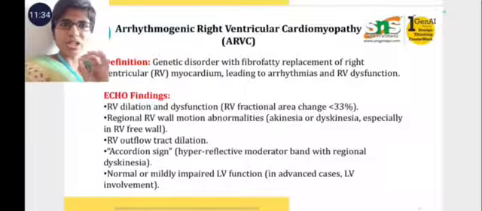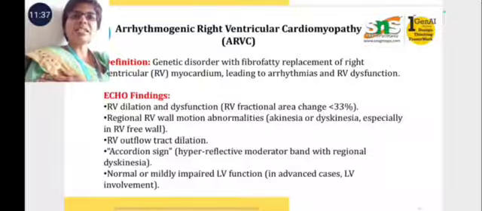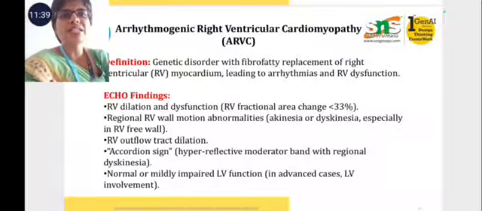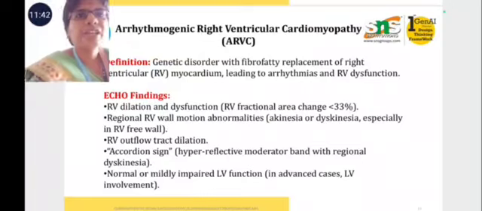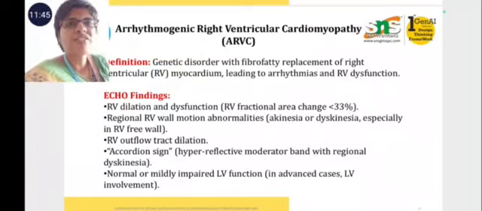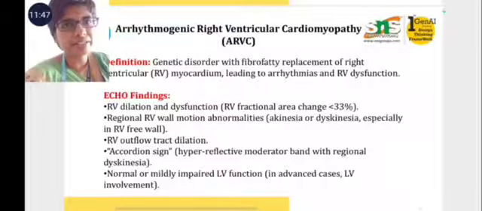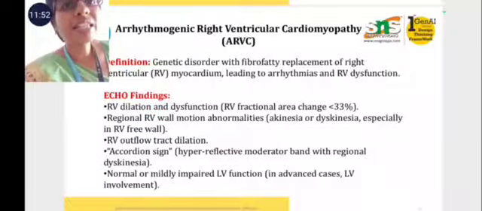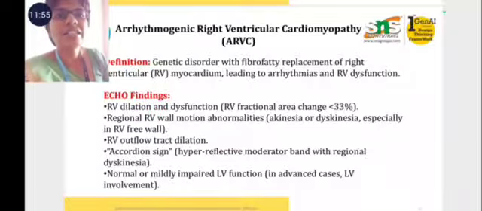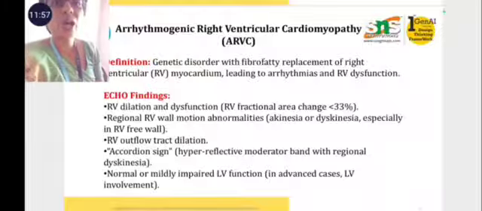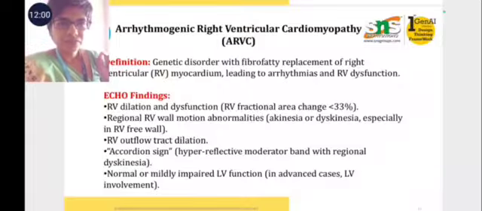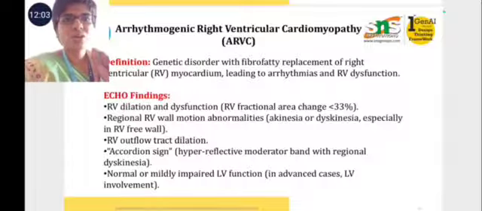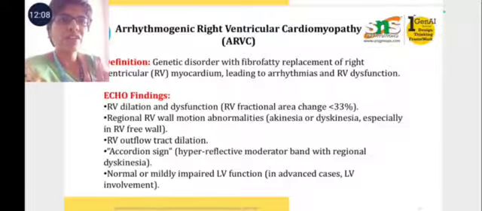What are regional wall motion abnormalities? The systolic function gets impaired. There are 17 segments in the ventricles. Once the cells get necrosed, the cells die, which means MI. Once in MI condition, the systolic function gets impaired. That time we call it regional wall motion abnormalities. So RV gets dilated and dysfunctional, and regional wall motion abnormalities of RV are present, and